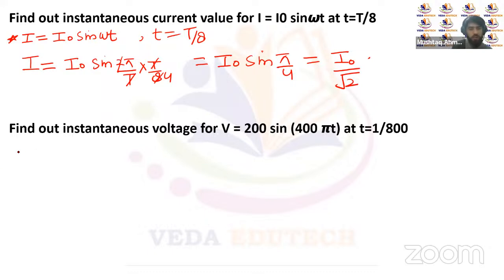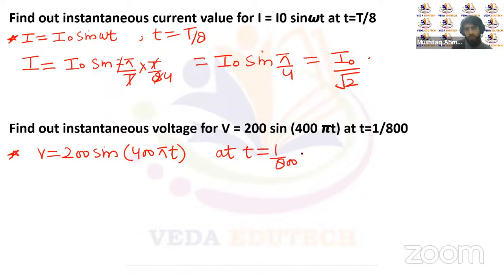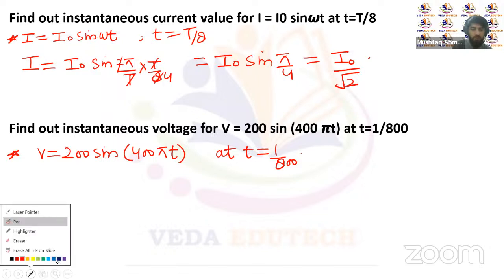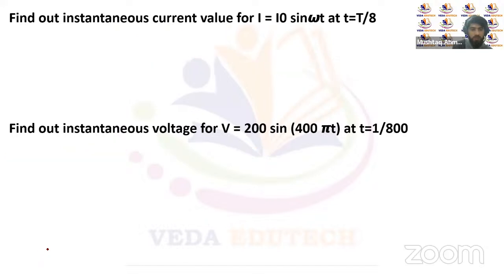Similarly, if we have to calculate the instantaneous voltage, the equation is given as V is equal to 200 sine of 400 pi t, at t equal to 1 by 800. Now, if we look at the amplitude or the peak value of this voltage, you can see here the peak value of this voltage is